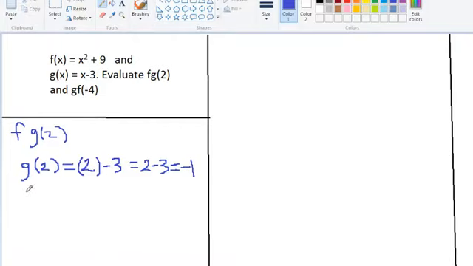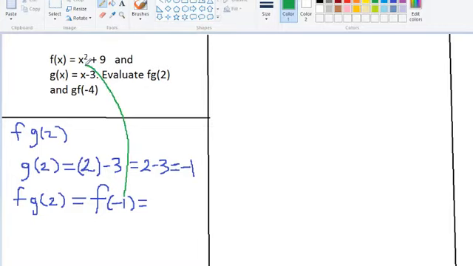But we are asked to find f of g of 2. We must now recognize that g of 2 is the same as negative 1, and so we can replace g of 2 by negative 1. So we have f of negative 1 instead of f of g of 2. We are now using our f function, so we will replace the x in the f function by negative 1,